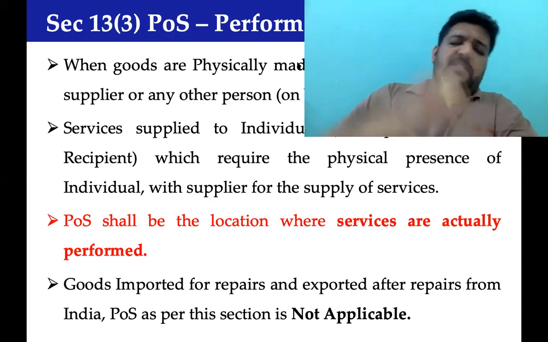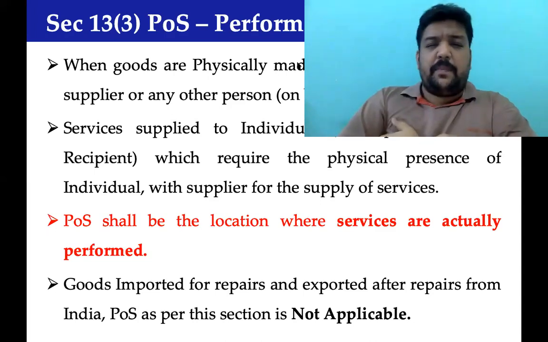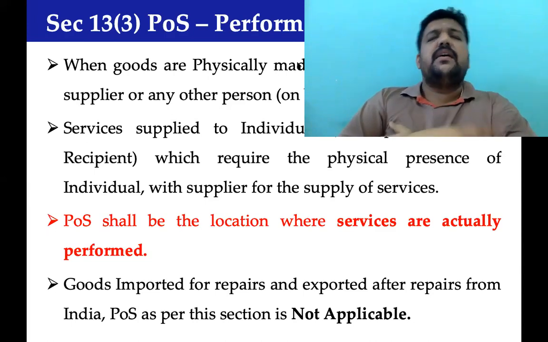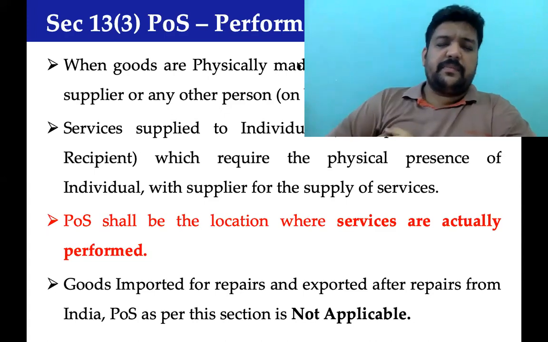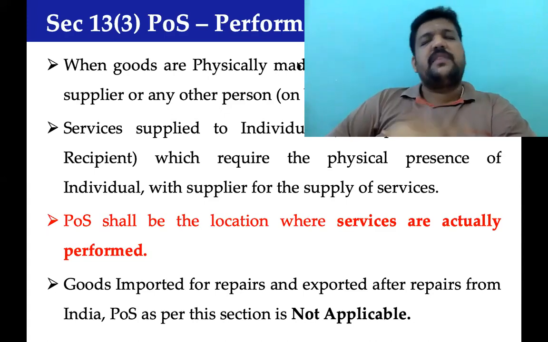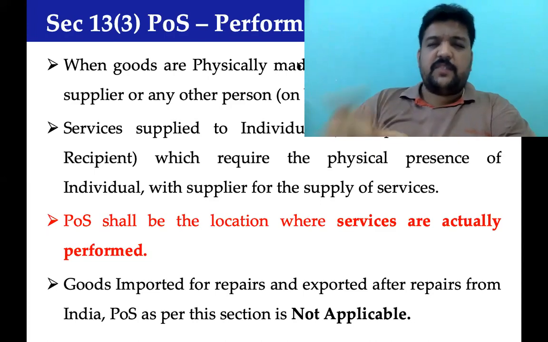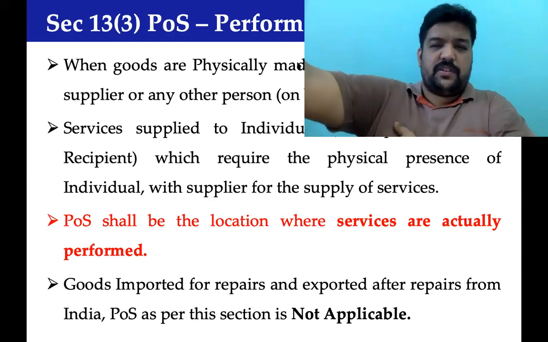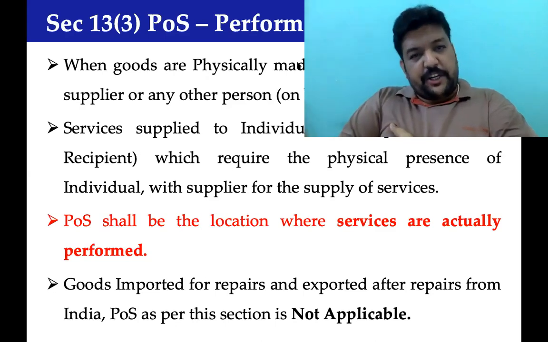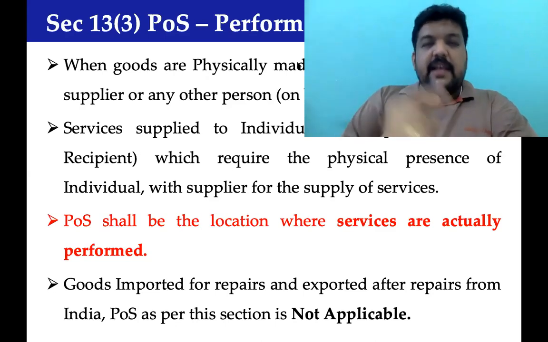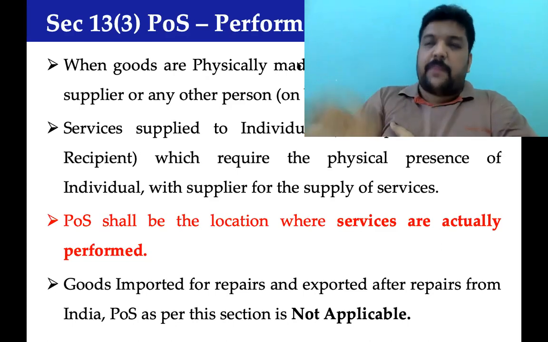Technip goes and does this on behalf of the recipient located outside India. Supplier is Technip in India. Recipient is outside India, but unfortunately, place of supply is India. Is it an export of service? Answer is no, because it's not an export of service. Section 13.3 never told you whether it is an export of service or not. Section 13.3 read along with section 2 subsection 6, you will get that answer.